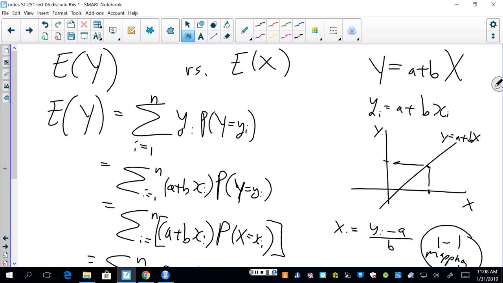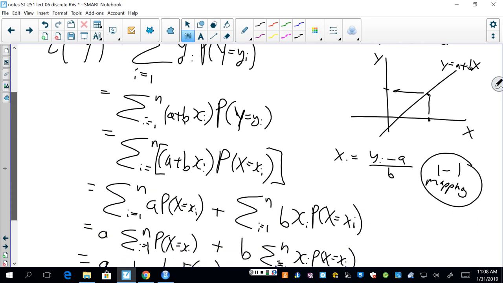So we asked what's the expected value of y. That's the general formula. But we have this relationship that y is the linear transformation there. And we argued that, because of the discreteness of the one-to-one relationship, the chance that you have a y value is the same probability as the corresponding x. And then a little bit of work to split up the